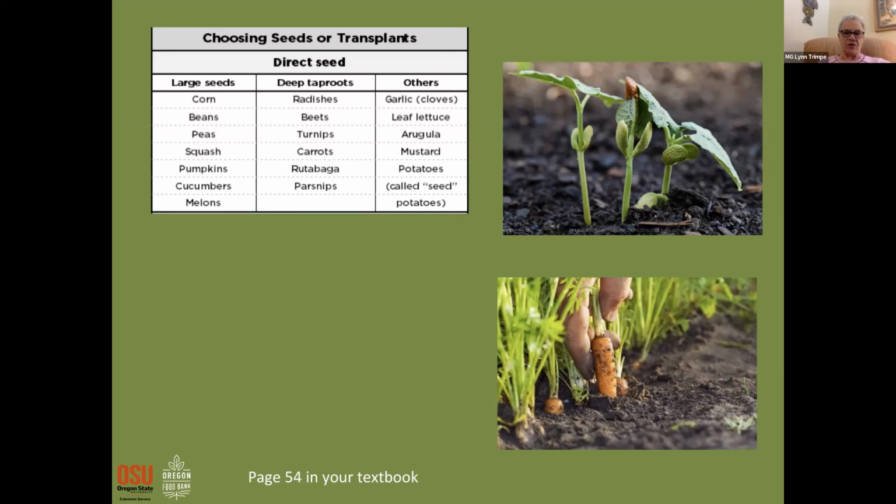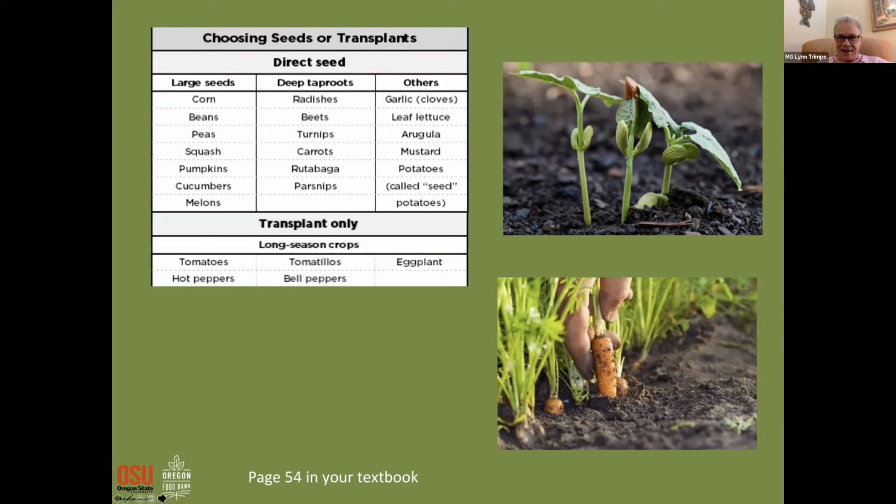Hit the next slide. It's animated, it will come. Thank you. Things that you really want to transplant, you don't want to plant by seed, are the tomatoes and peppers and eggplant that we already talked about. They just don't have enough time to mature. And finally,